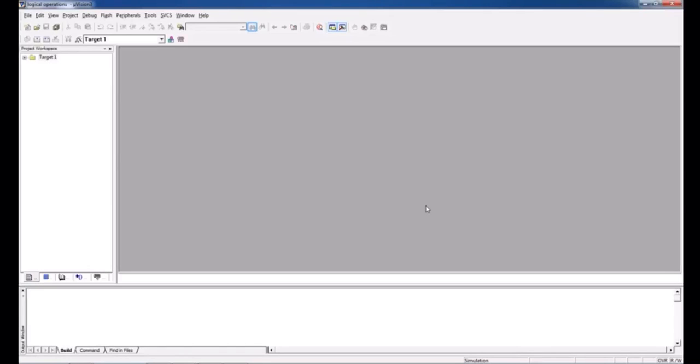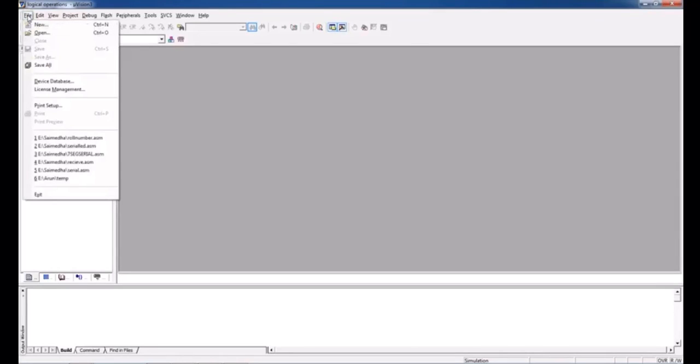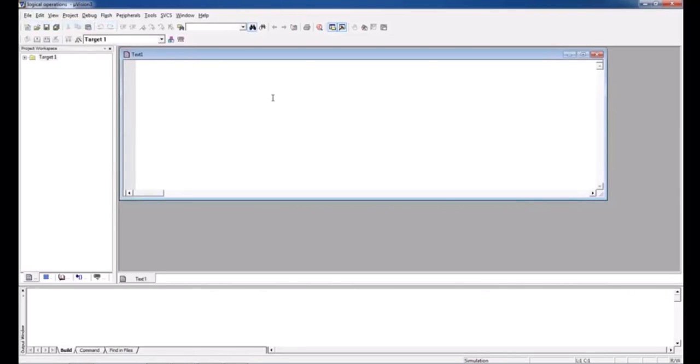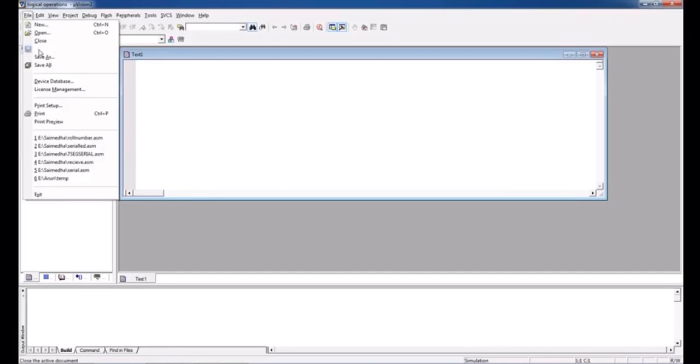So up to now you created a project with a specific target device, which is from Atmel AT89C51, and to open the editor window, go to the File tab and select the option New. This is the text editor which allows you to write your program, and before writing the program try to save this text file. Again go to the File tab and choose the option Save.